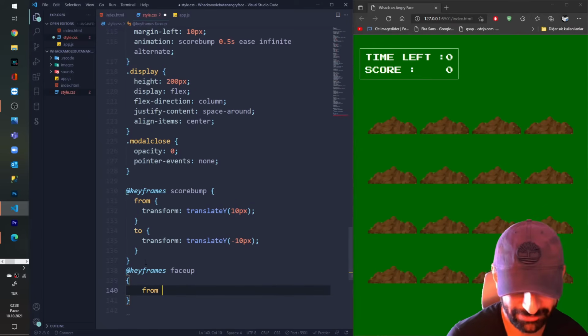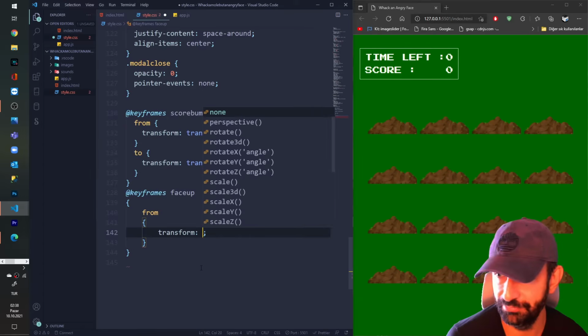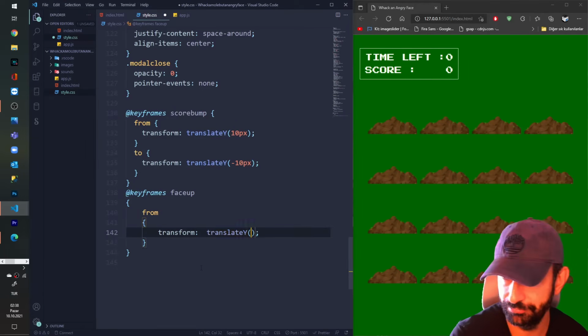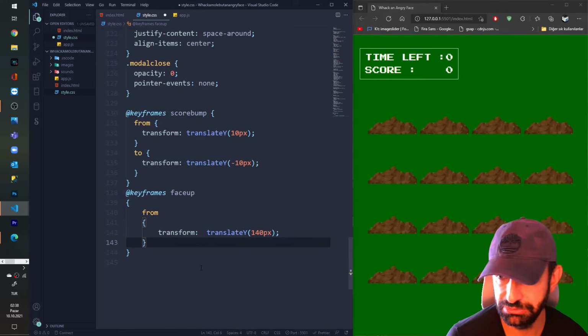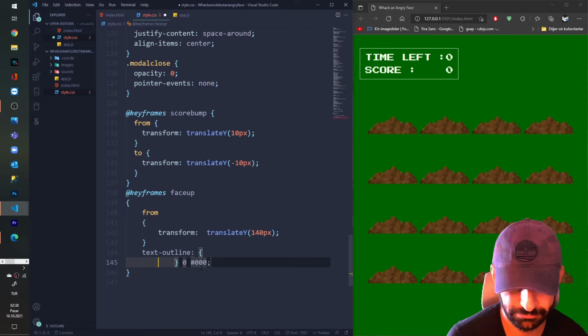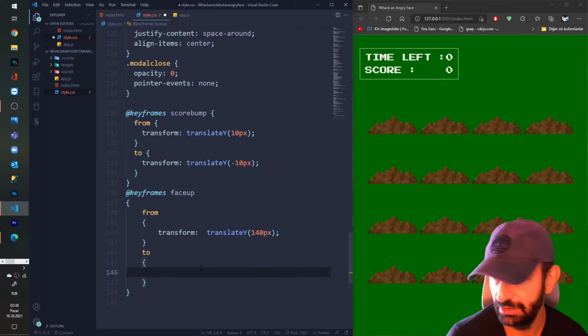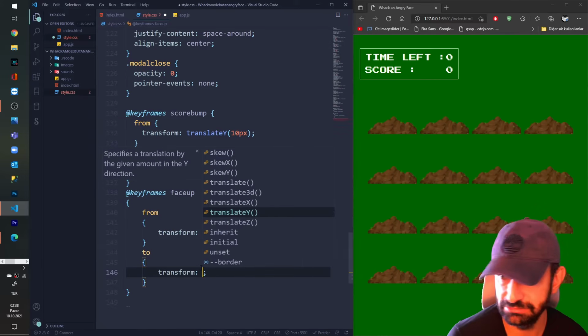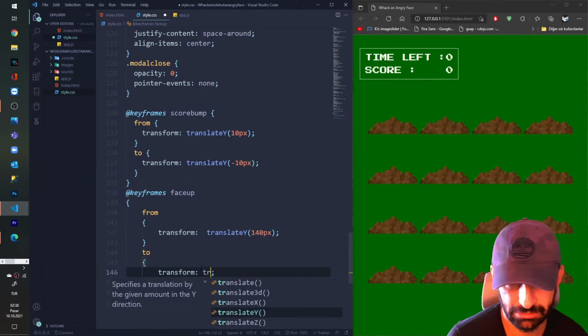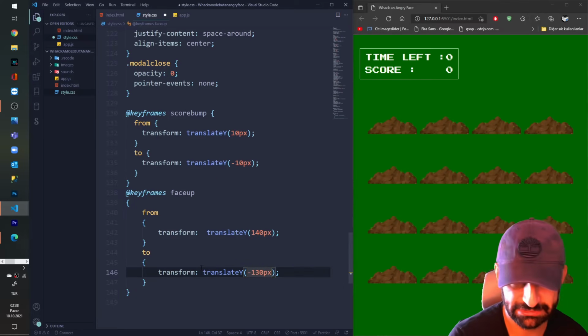I say from, I give some transform, translate Y from 140 pixels to, to transform once again, translate Y minus 130 pixels.